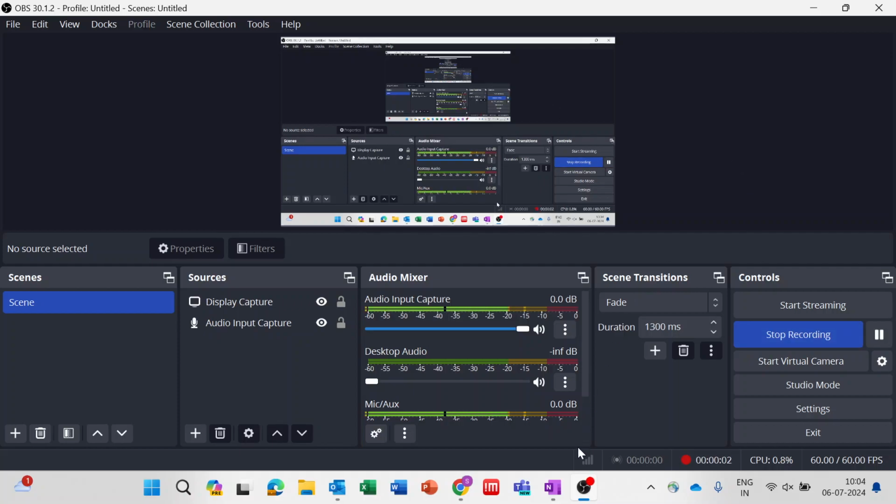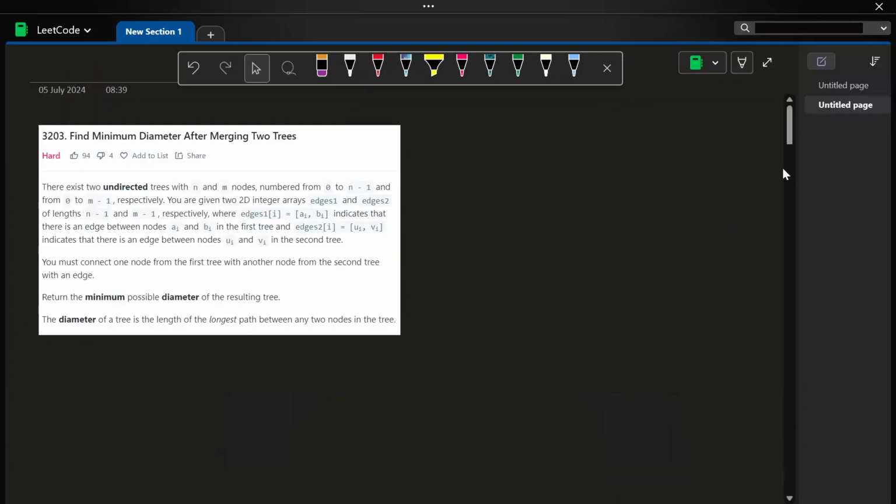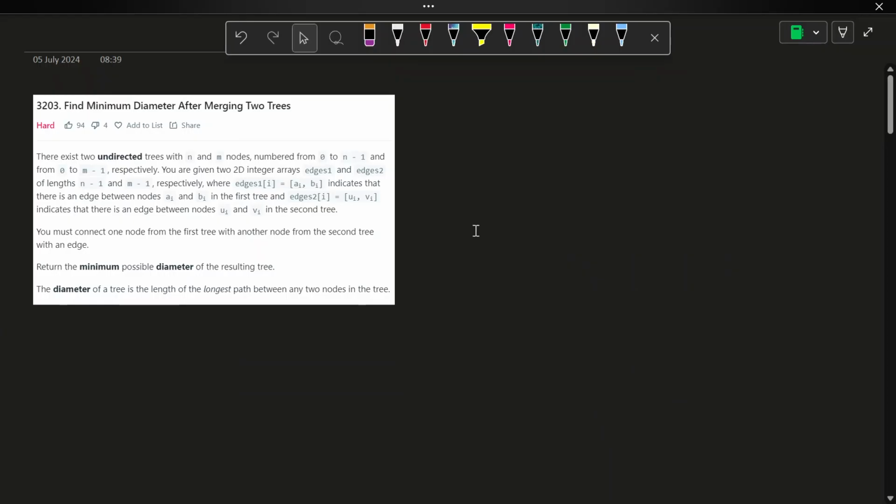Hi, in this one we discuss LeetCode problem 3203. Find minimum diameter after merging two trees. Okay, so there exist two undirected trees with n nodes and m nodes respectively, numbered from 0 to